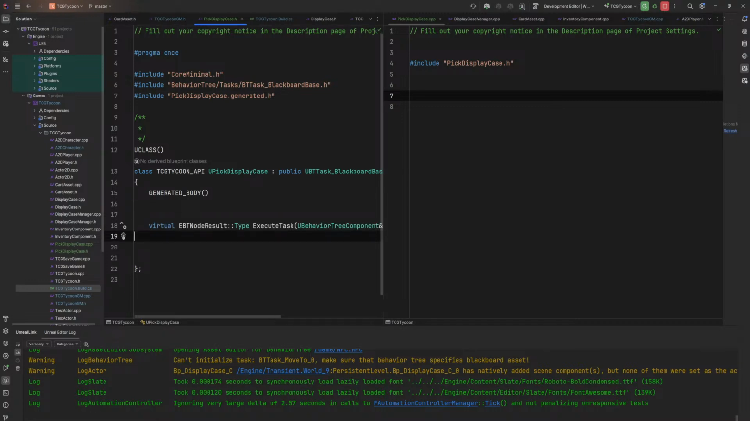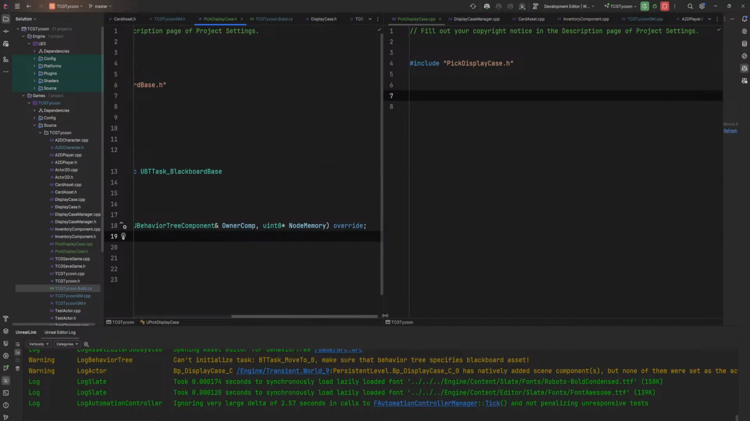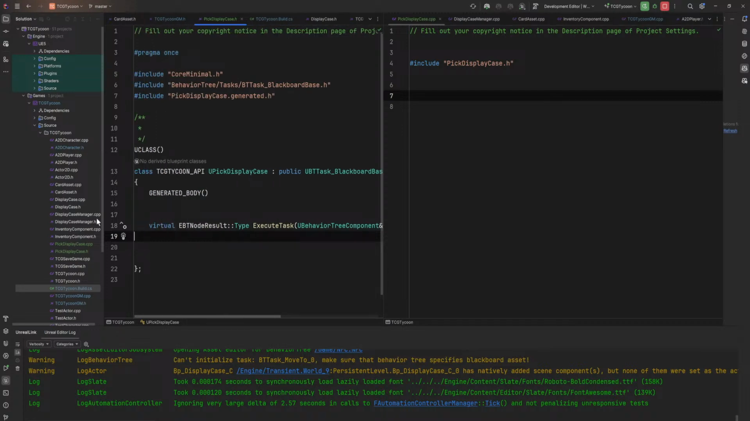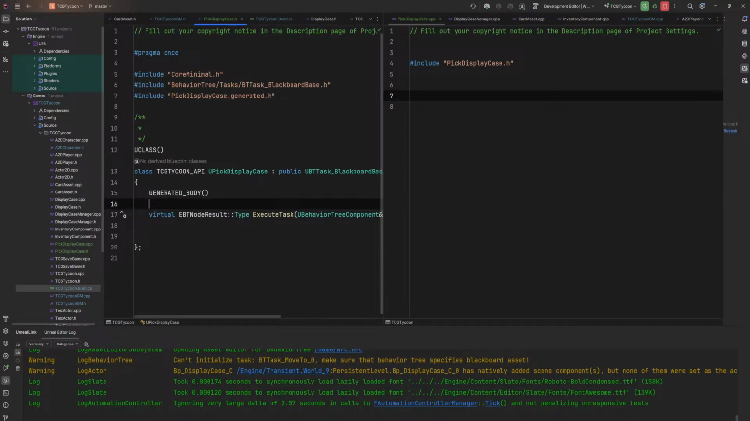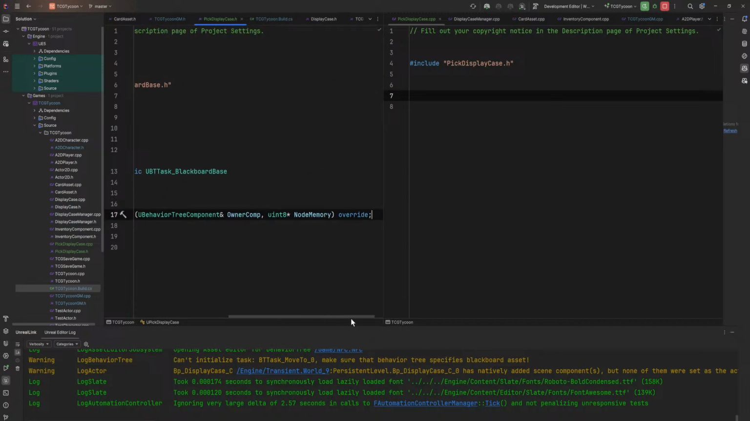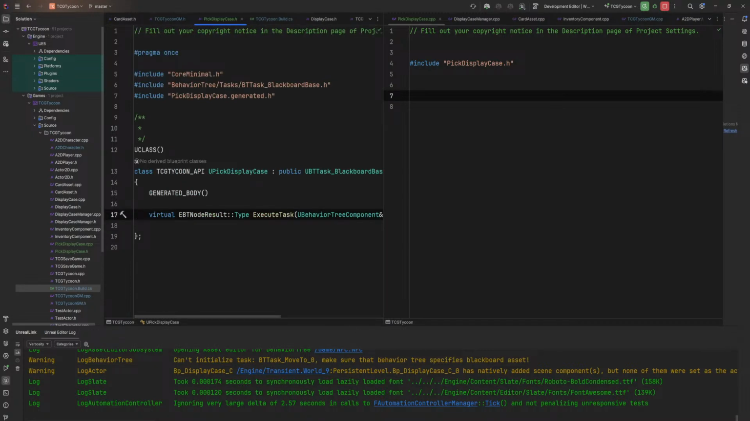For the life of me, I'll never understand why it doesn't just generate with this execute task to begin with. Because when would you want to have a task that doesn't have an execute task function? That doesn't make sense. That's the entire purpose of this. Anyway,